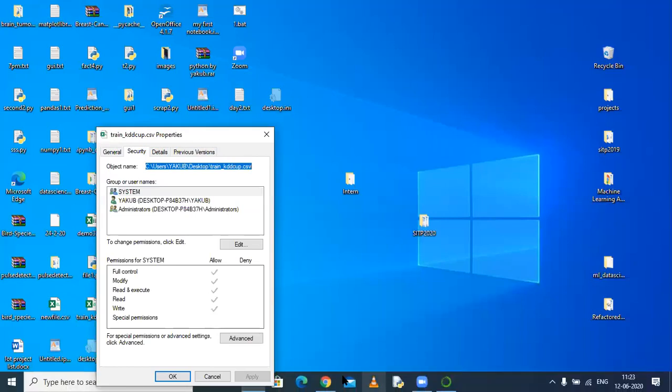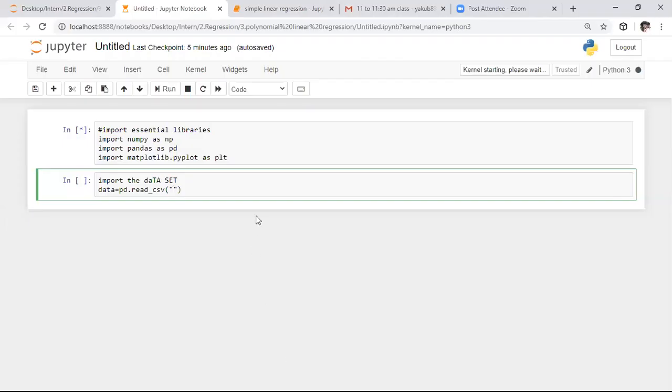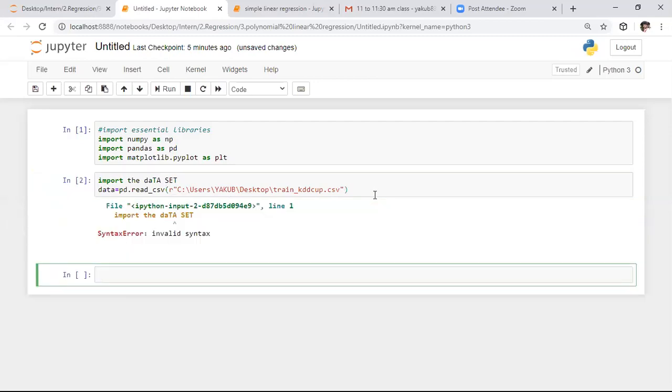After that, we need to paste that file path in our current working directory. If you want to access any file which is present in a different folder, we need to specify that file path. And to read that file, we need to specify the character r, outside the quotes, whenever you want to read a file from a different location. And I am running this portion.